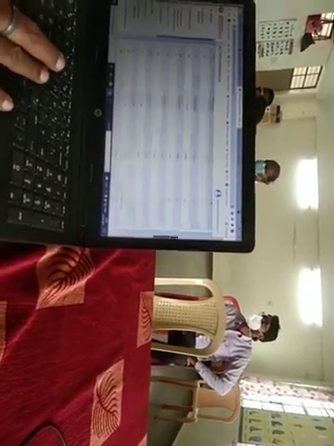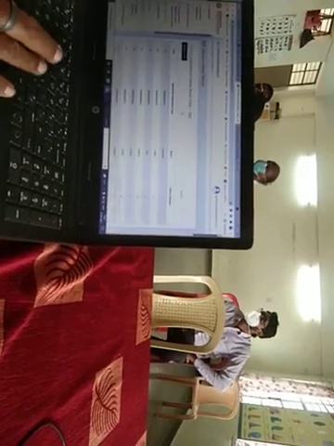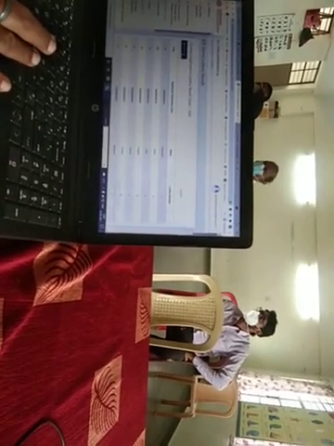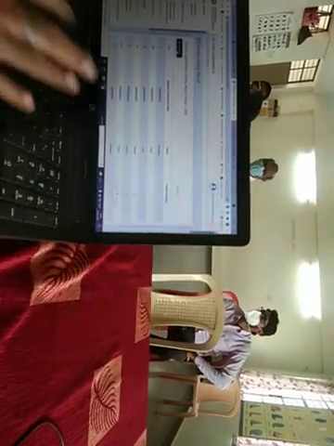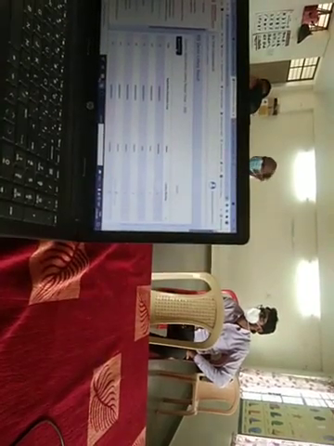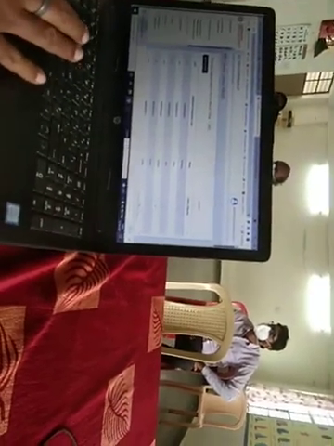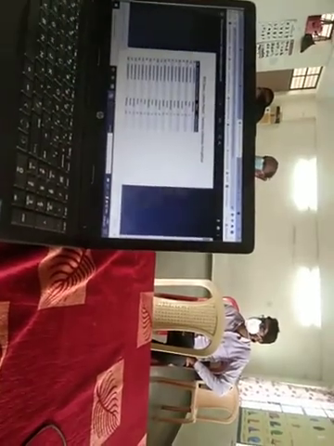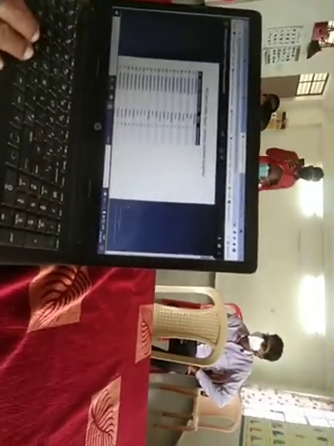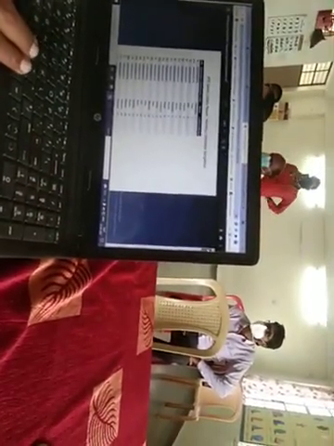After doing this demo lottery, I can generate the list by using export as PDF. When I press this button, one PDF will be generated which will have the list of selected numbers in a priority order.